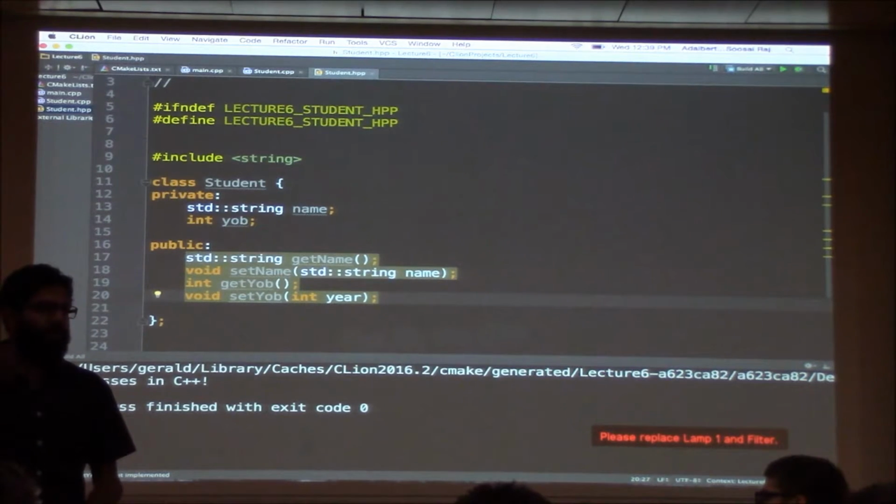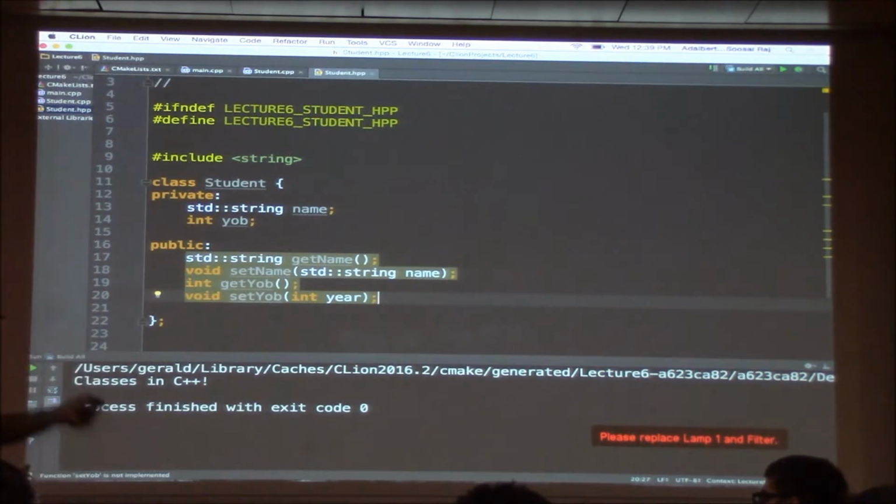We were the clients of those classes, but right now we are going to become clients of this class. So in this particular context, we are both the implementers and the clients of the same class. We are trying to implement it here. So assume when we are using this student class in main.cpp,